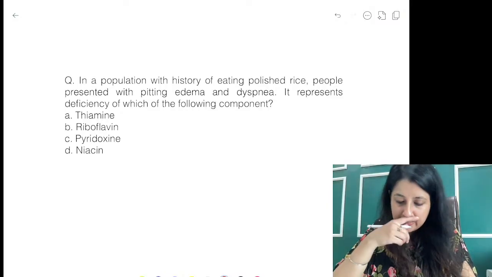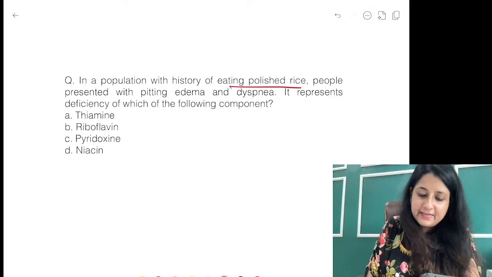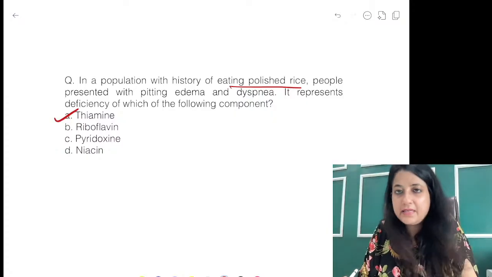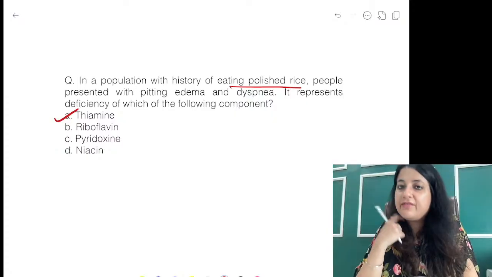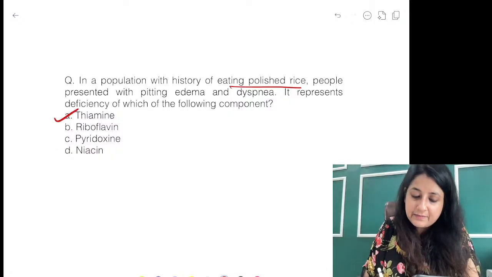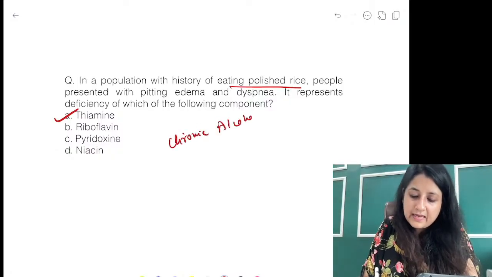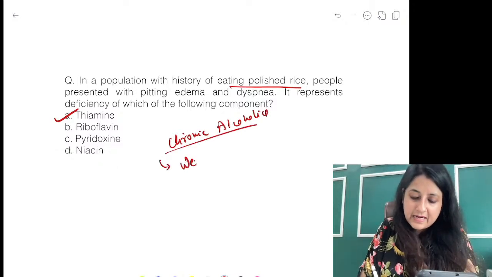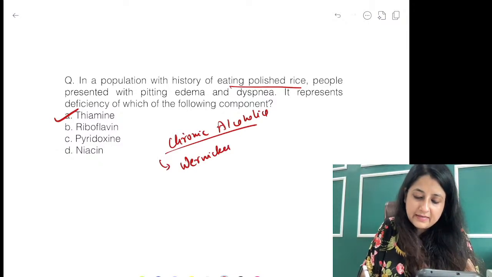Yes, very good. Polished rice eaters, thiamine. What do you see in polished rice eaters? Thiamine deficiency, B1 deficiency. Also you will see this among chronic alcoholics. Chronic alcoholics also present with B1 deficiency that manifests as